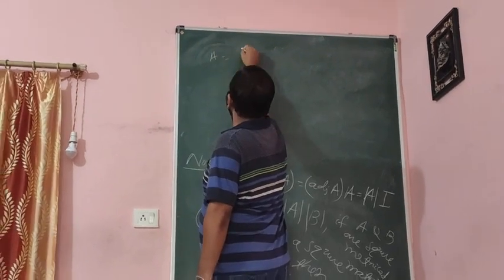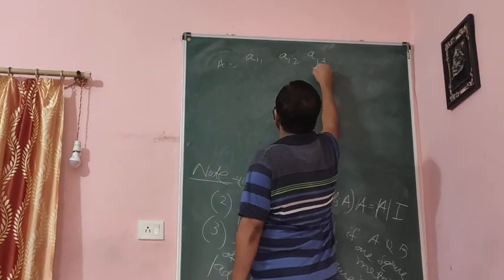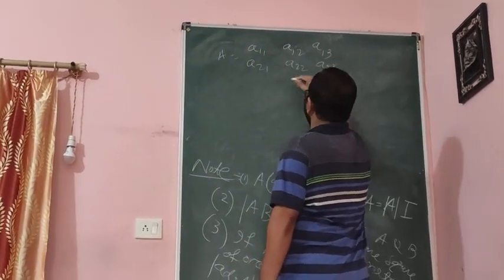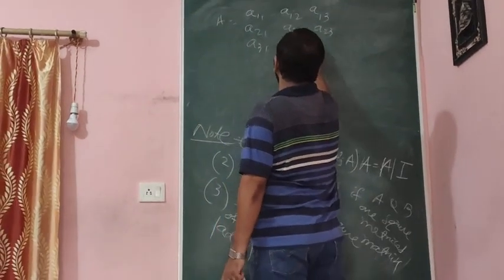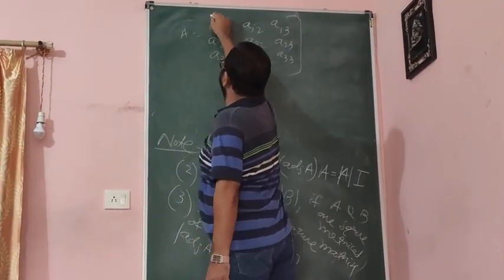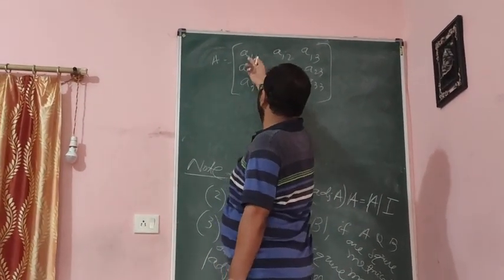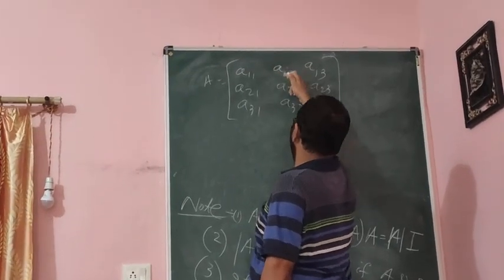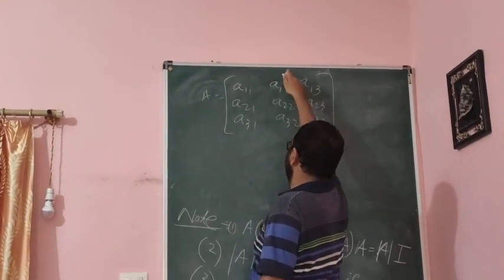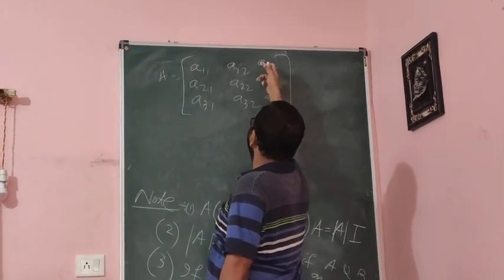Suppose A equals the matrix with entries a11, a12, a13, a21, a22, a23, a31, a32, a33. What is the determinant of this? You take this entry into the determinant of its minor, then minus comes: minus this entry, you delete its row and column, determinant of the rest, and plus this entry,